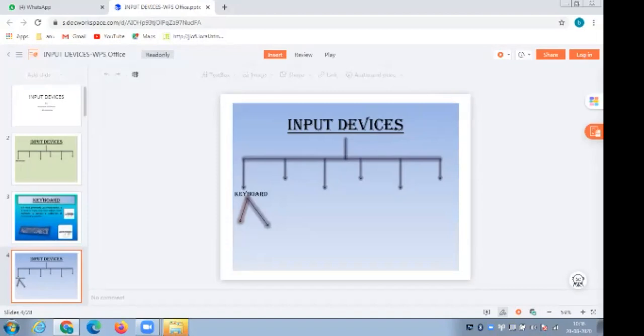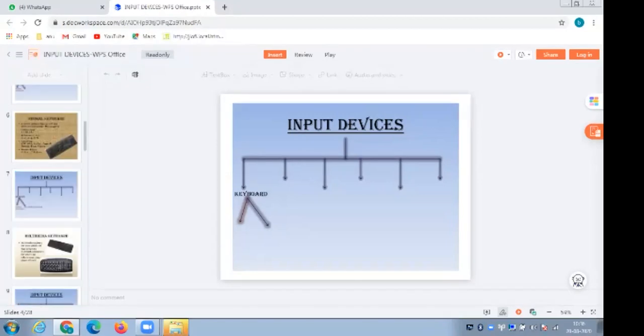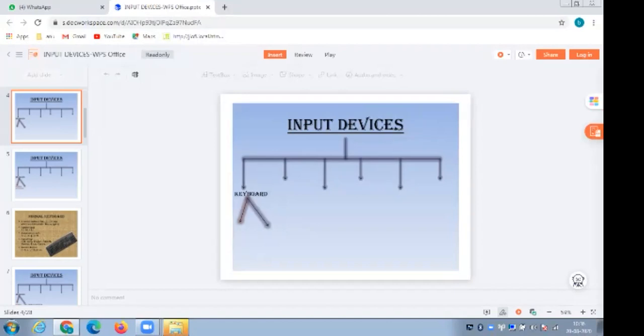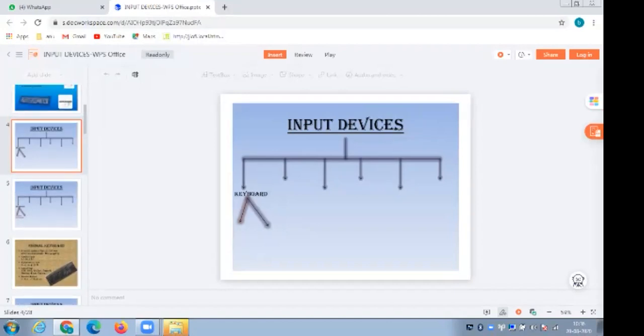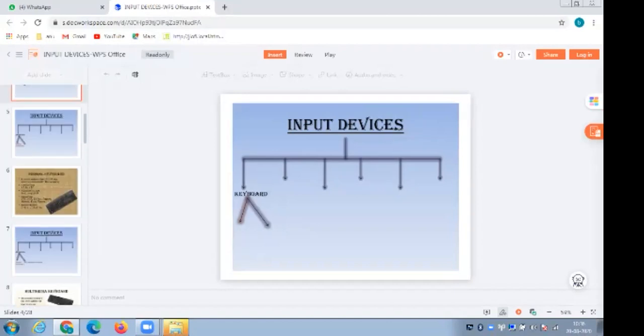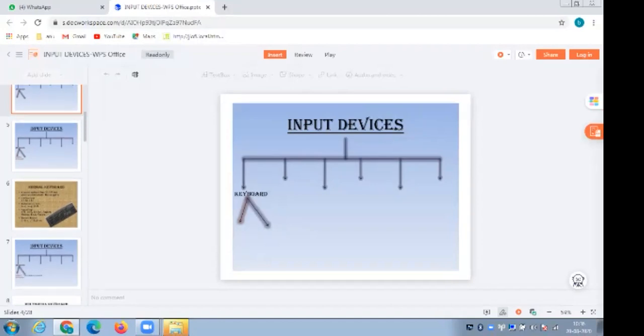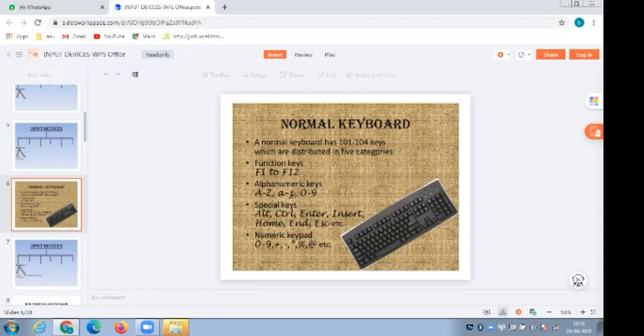The first one is the normal keyboard. This is the normal keyboard which I am showing you, which we are also now using in the systems. What is a normal keyboard? The keyboard that we are using.